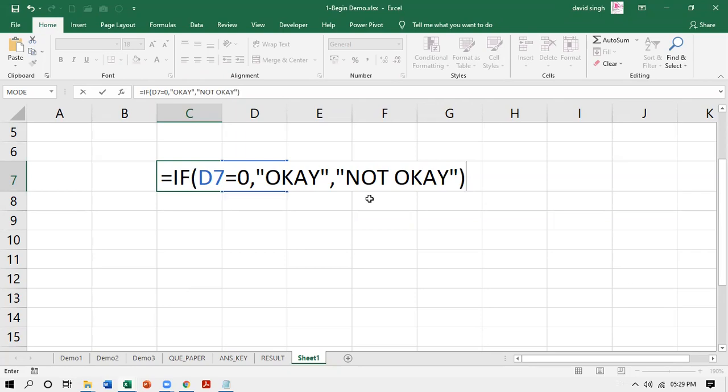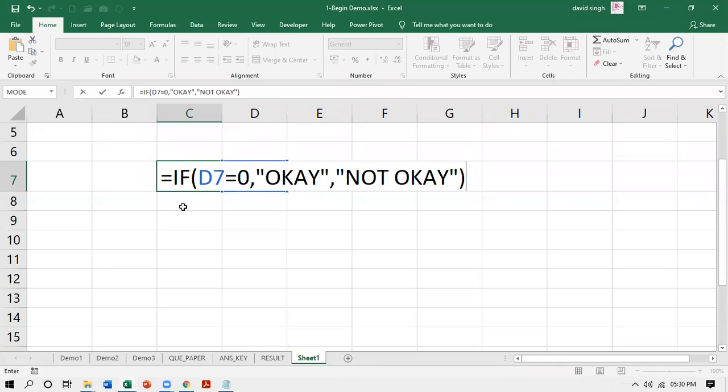Now let us understand this. This is simple English. Whatever you do in the IF function, you do inside the bracket, the parenthesis of the function. IF function has 3 parts logically separated by commas. Did you notice these commas here? The first part is called the condition. Whatever checking you are doing, that is the first part. This first comma is called then. If this condition is satisfied, then do this.